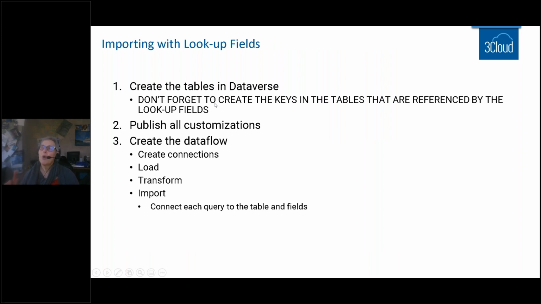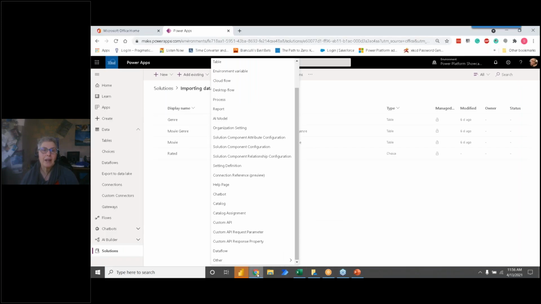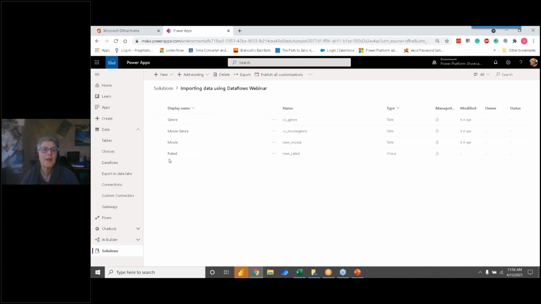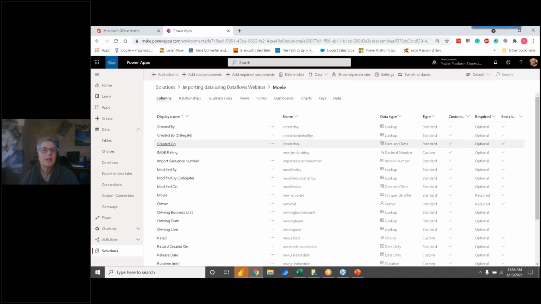So I just kind of want to go over, before I finish the rest of the questions, and I think we'll have time, we're really running short. These were the steps that I used for doing that import, and they'll be in your slide deck. But what I really want to do before we run out of time completely is show you that, if I go into this movie table, I in fact really do have data.